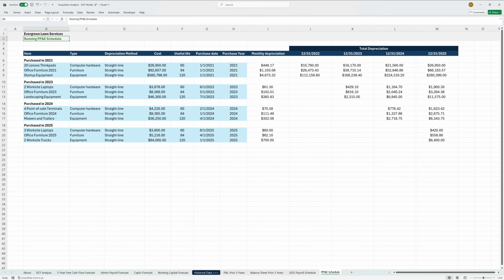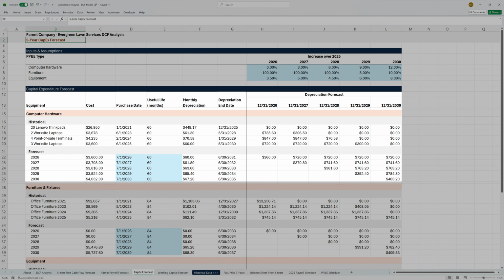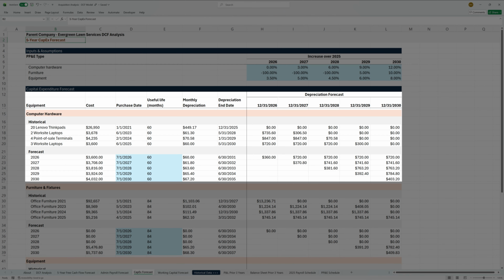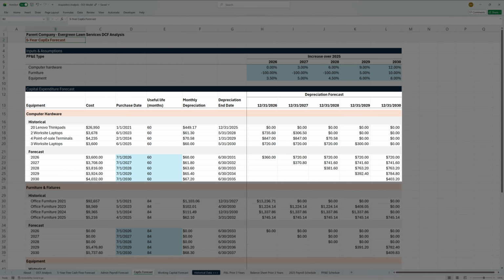First, you can see we received as part of our due diligence a PP&E schedule from Evergreen. We've then used this as a basis to forecast capital expenditures in the future. So for example, I have all computer hardware organized in this first section here. We have the historical purchases and forecasted future depreciation for those items, along with forecasted expenditures for the next 5